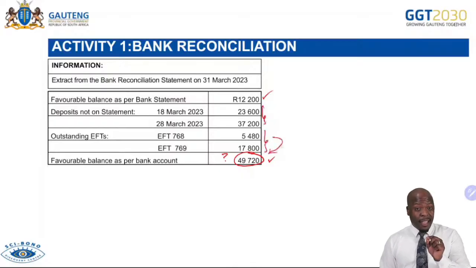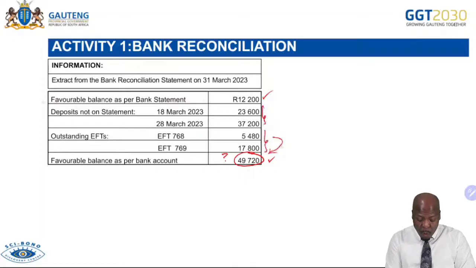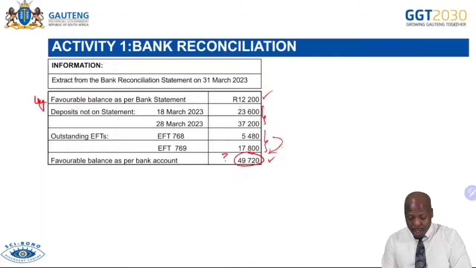In the event that the examiner does not give you the balance, that is the 49,720, if this one was unfavorable and you're still calculating this balance, it was going to be a minus, and then you would do it again as I had done earlier on. But in this question, the information is given. So we have the balance as per bank account of